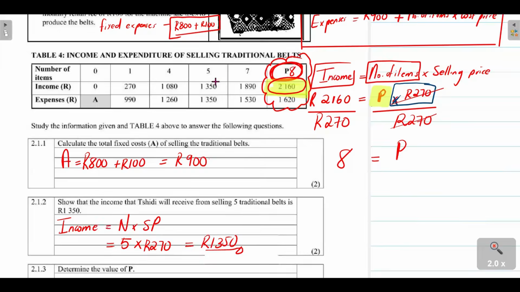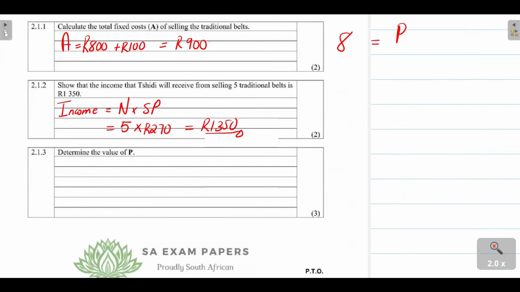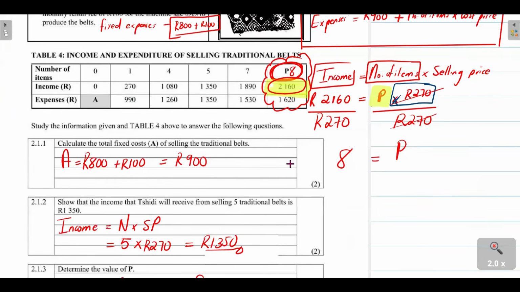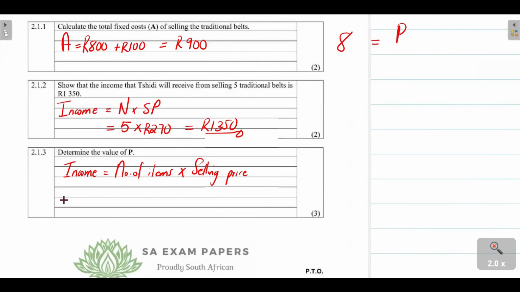It's 8 belts sold. So if you want to determine the value of P, just to reiterate, it's going to be the standard formula: income is equal to your number of items multiplied by selling price. Remember here, we're already given what the income is. We are focusing on this column that I've put the flower around. So the income is 2,160